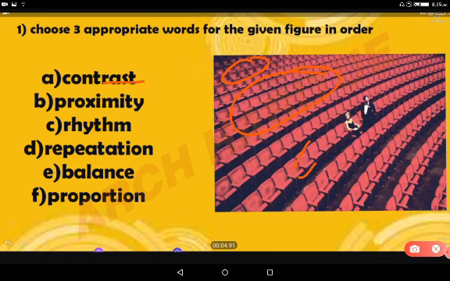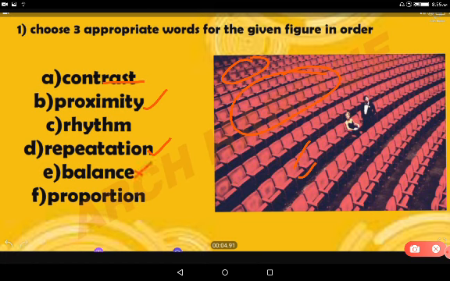The next is proximity. Yes, the proximity as a design principle is used a lot in this figure. Is there a rhythm? We can't see any rhythm, but there is repetition, and there is no balance,